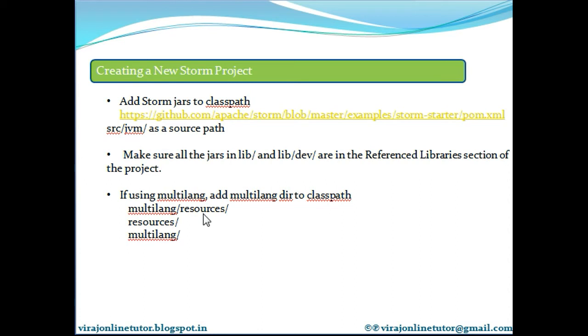For Storm to find these files in local mode, the resources directory needs to be on the class path. You can do this in Eclipse by adding the multi-lang folder itself as a source folder. You may also need to add the multi-lang resources folder as a source directory.